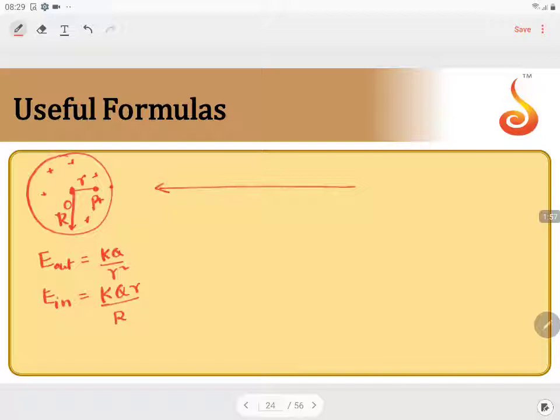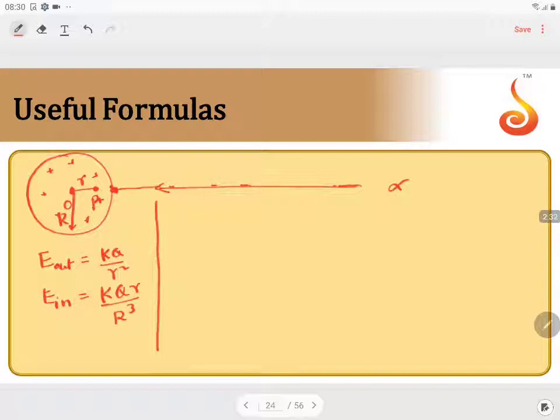So electric field inside will be different, electric field outside will be different. So the work that has to be done outside will be different, and the work that has to be done inside will be different. We have to bring a unit positive charge from infinity slowly. From infinity till the surface, the work done will be different. From surface to this point, the work done will be different. So the total work done will become the potential at that point.